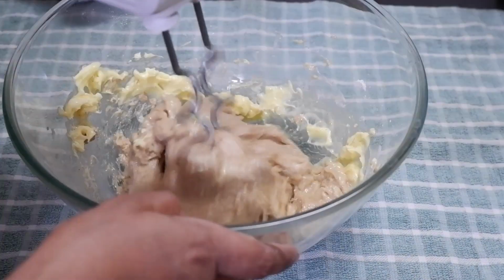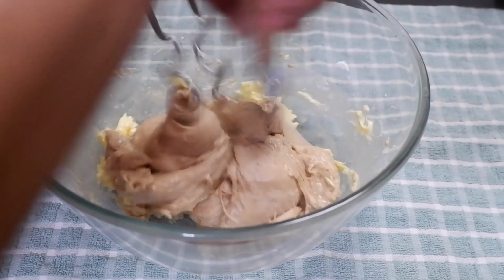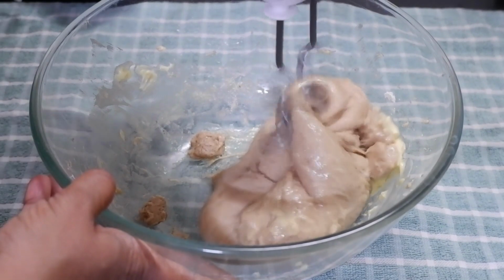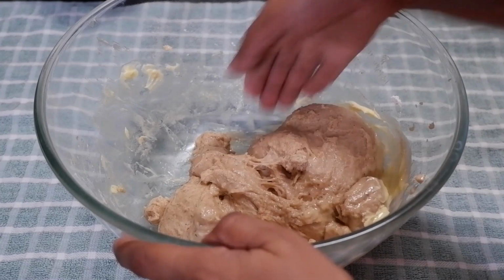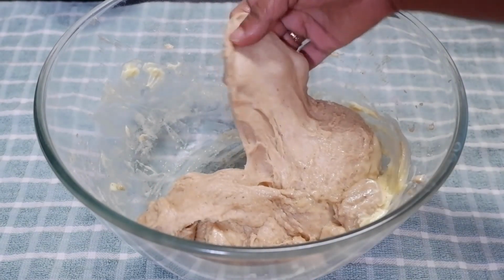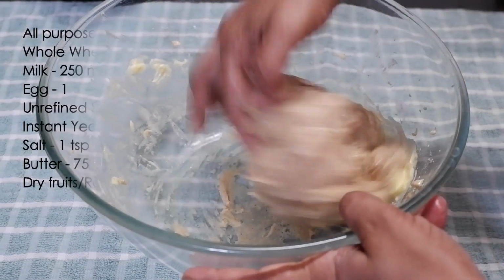Knead it into the dough till the dough becomes soft and elastic. If you're kneading using hands, knead for about 15 minutes till the dough is soft and elastic. Now the dough has become very soft and it is very nicely stretchable. So we'll just bring the dough together and make it into a soft ball